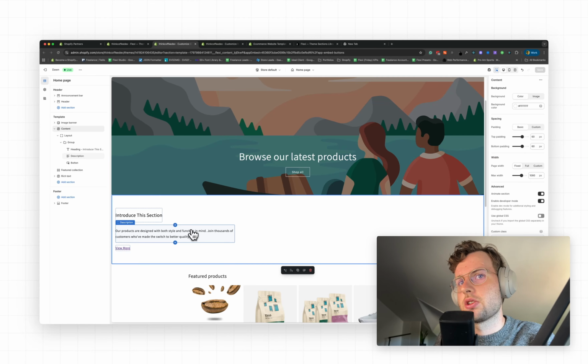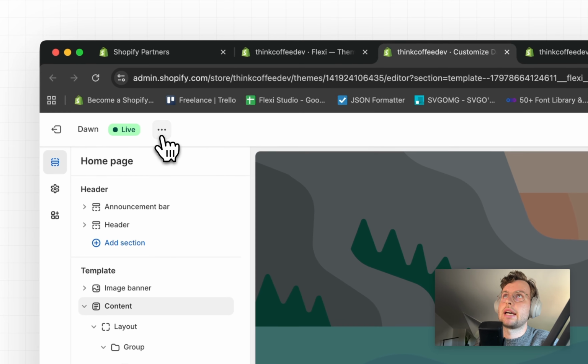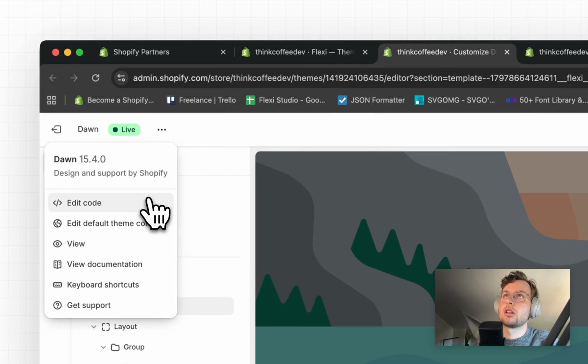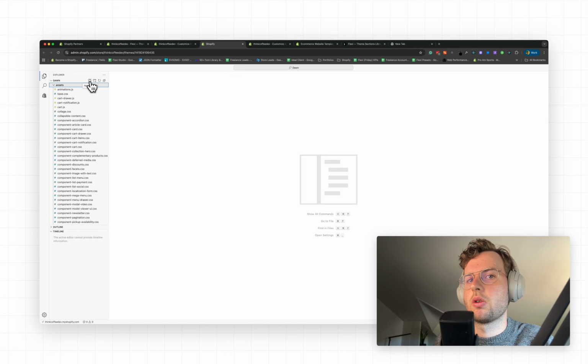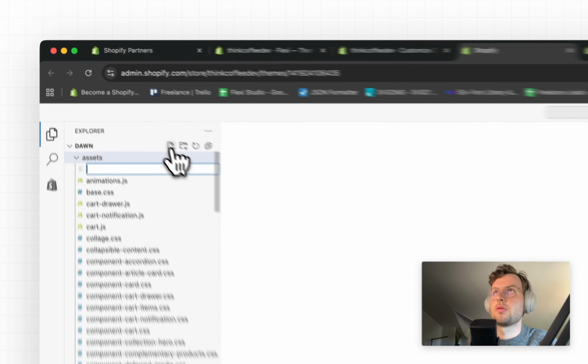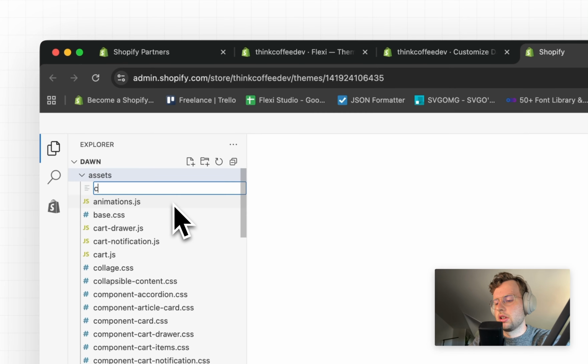Once that toggle is turned off, you'll notice that our styles are gone. And what we're going to have to do is apply them globally to the entire theme. So the way that we do that is we go over here and we click edit code. And then what we're going to want to do is hit this plus new file here and then call it